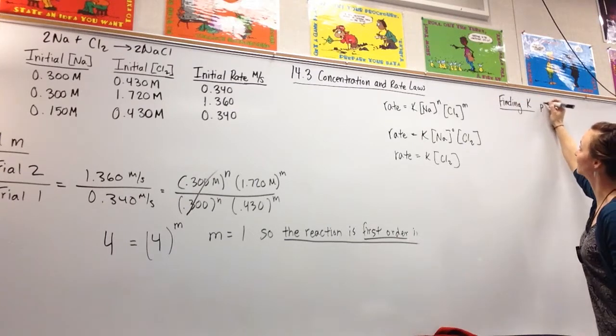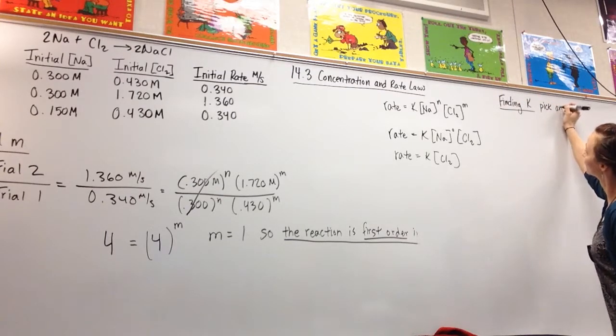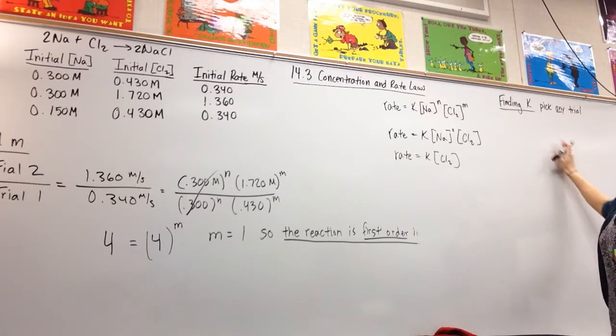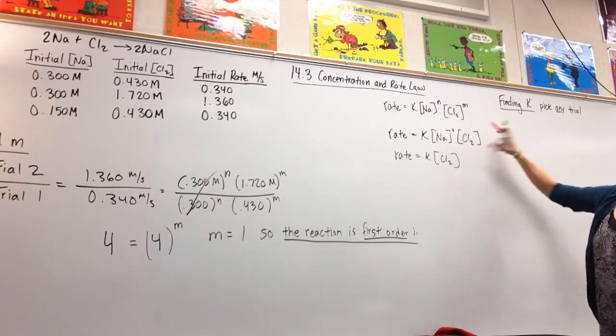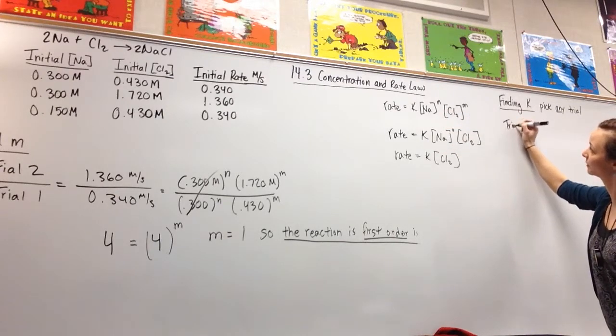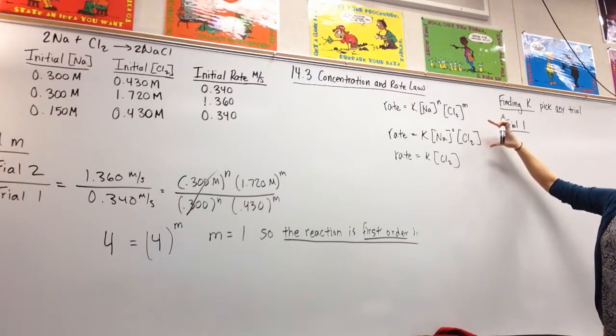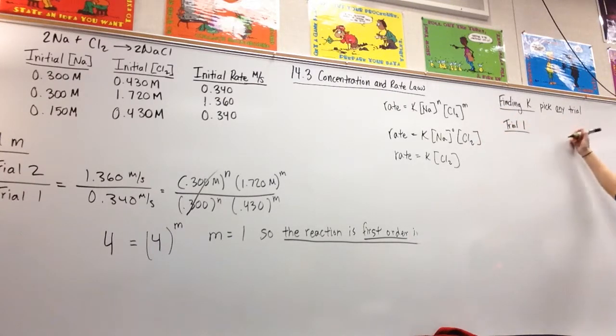You just pick any trial, and then we're basically going to plug and chug. So for this reaction, I'm just going to pick trial 1, and I'm going to plug in my data for trial 1 into my rate. So my rate for trial 1 was